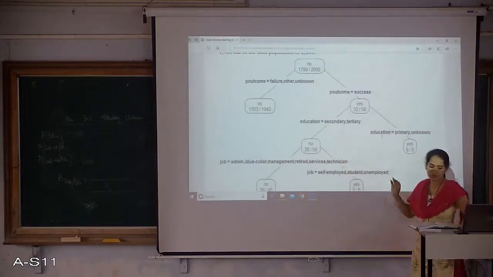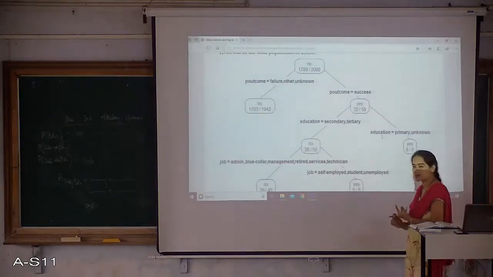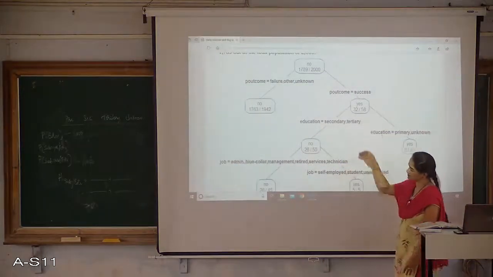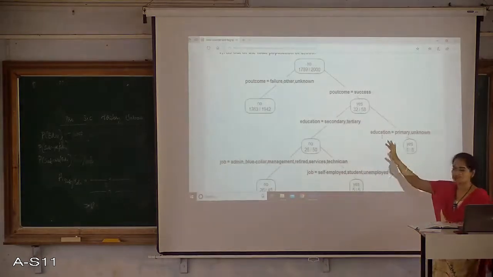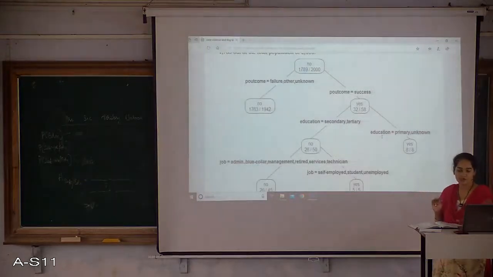I am stopping with this. There are many other attributes to be considered, such as contact, personal loan, home loan, but I am not considering them because I found that these are the more significant attributes, and this is sufficient to make a decision.